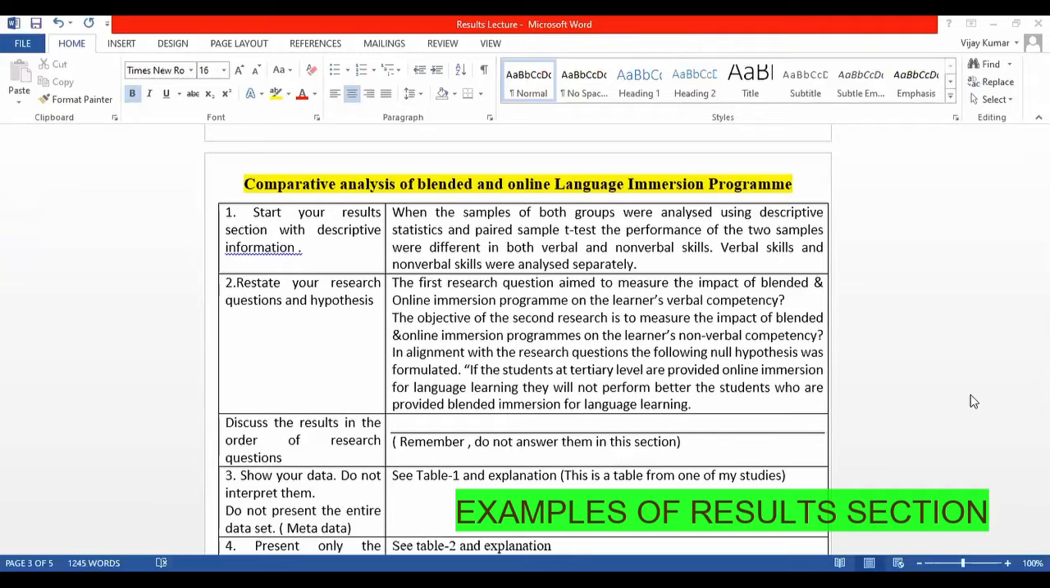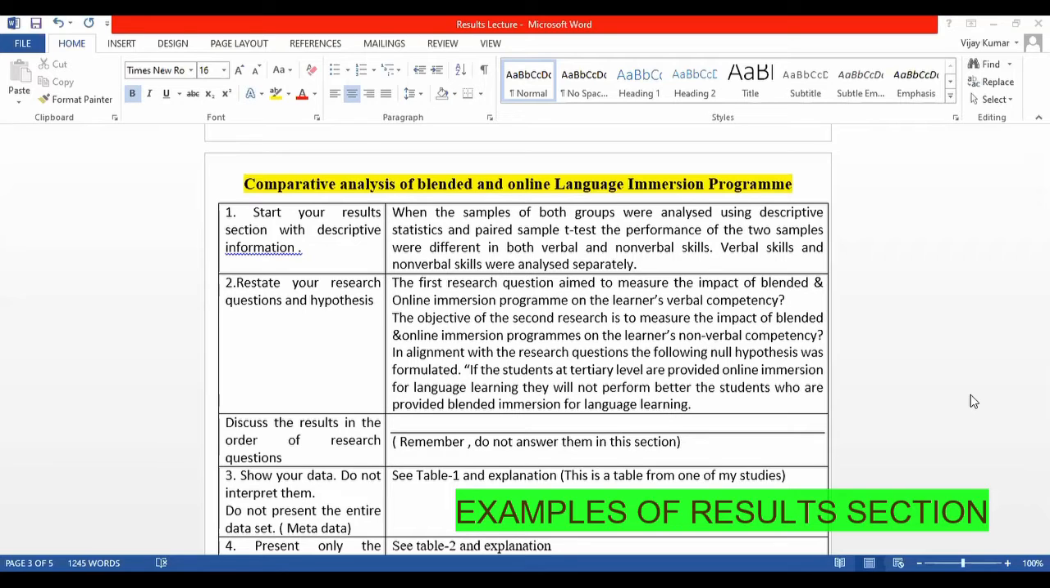This is one of my papers. I'm showing you only the results section. Comparative analysis of blended and online language immersion program. This is the topic. See, the first thing that you need to do in your results section is you should